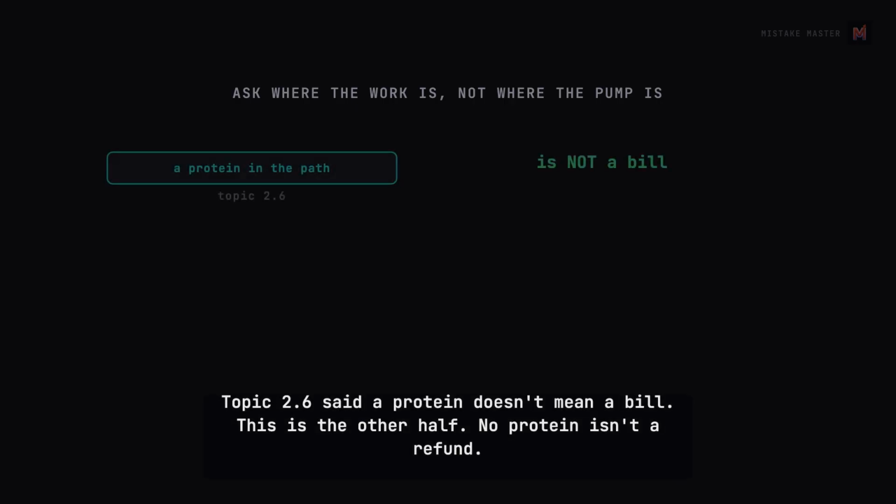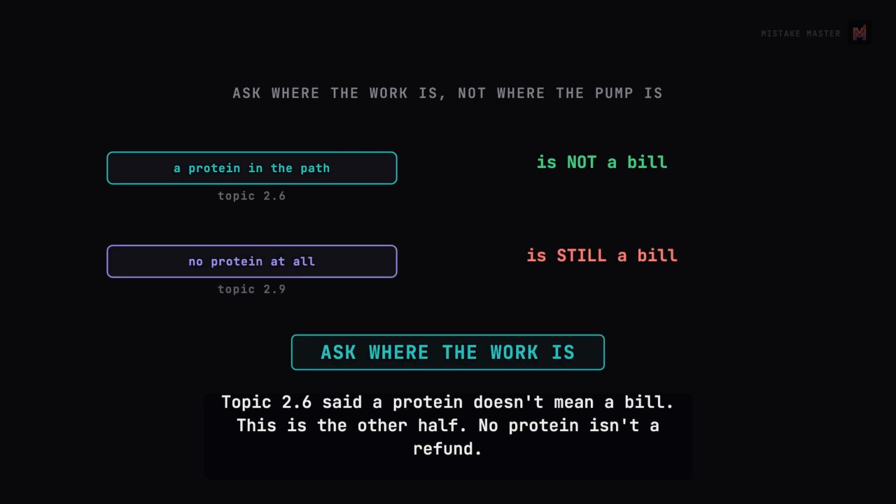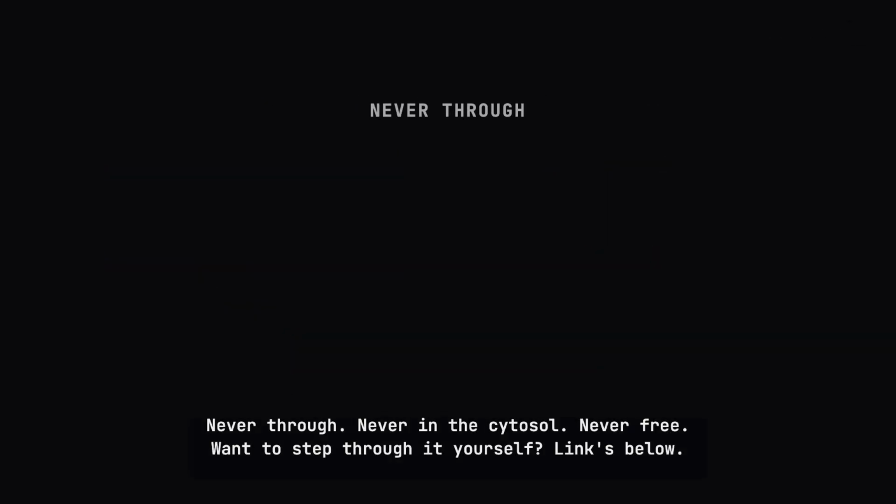Topic 2.6 said a protein doesn't mean a bill. This is the other half. No protein isn't a refund. Never through. Never in the